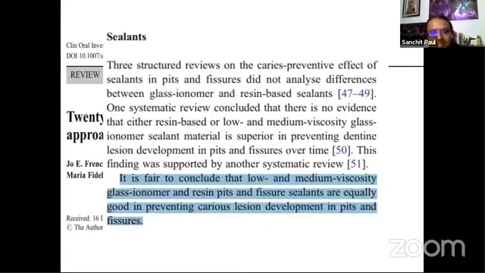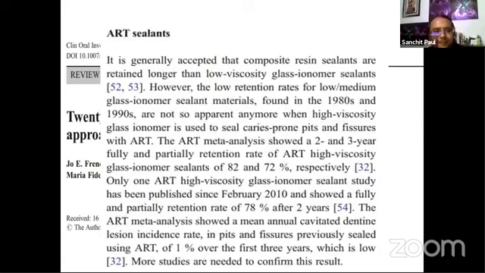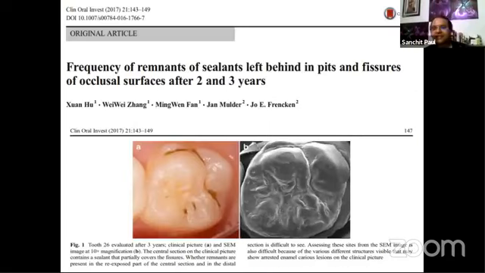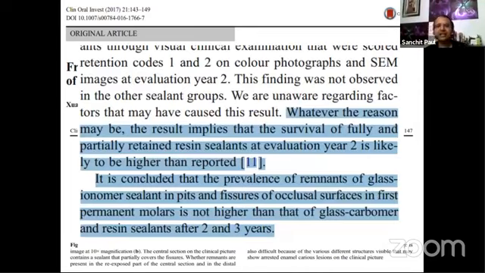Now, some literature has started highlighting that, as we mentioned, the low and medium viscosity glass ionomers, which is either a glass ionomer based sealant or your resin modified GIC or your conventional type 2 GICs, can act as an equally good Pit and Fissure sealant if we compare to the resin sealants. The advantage of these sealants is that even if they are left behind or dislodged, there would still be some fluoride releasing, which would protect that tooth surface compared to the resin sealant only.